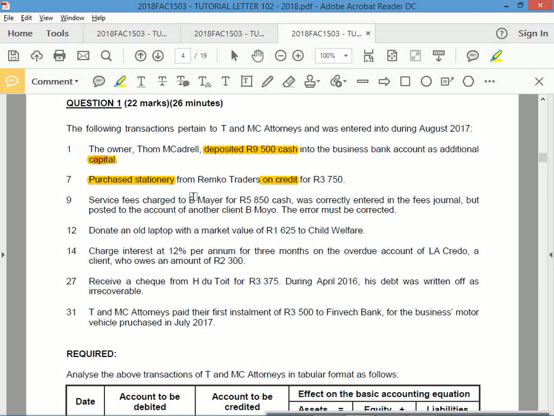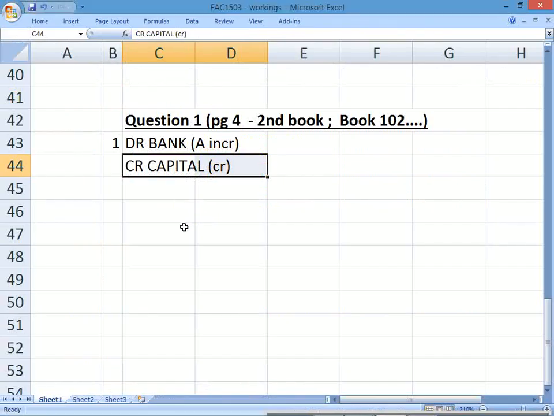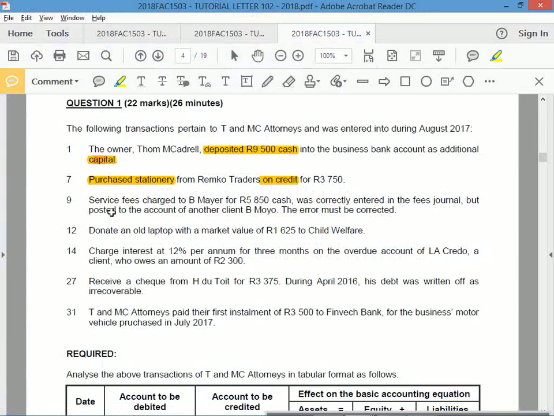A creditor is someone who you owe. A debtor is someone that owes you. All right, but you see, we haven't covered enough yet. But I will discuss that. So try it and see if it works out.